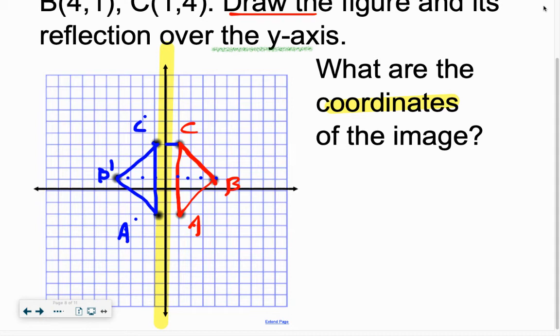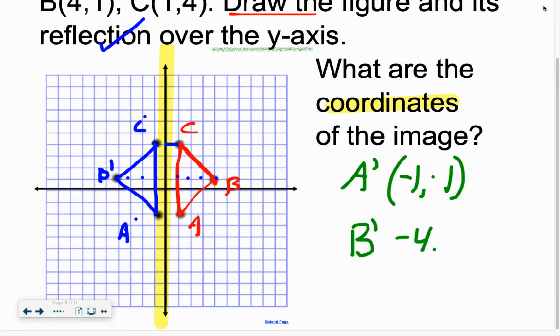No, you don't have to put the dots on there as you count. I'm just doing that for notes in class and here on this video so you can see it. There you have drawn the figure and its reflection. You've got the image drawn, but again, it says what are the coordinates? So make sure you list those. A prime is at -1, -1. B prime, make sure that apostrophe is there, is at -4, +1, and C prime is at -1,